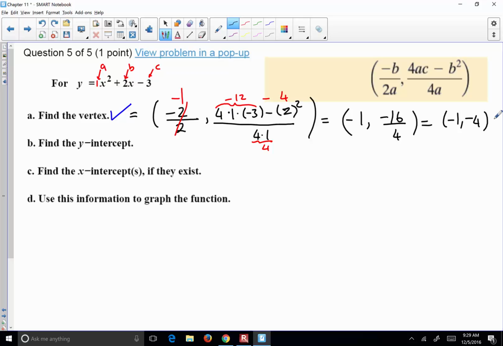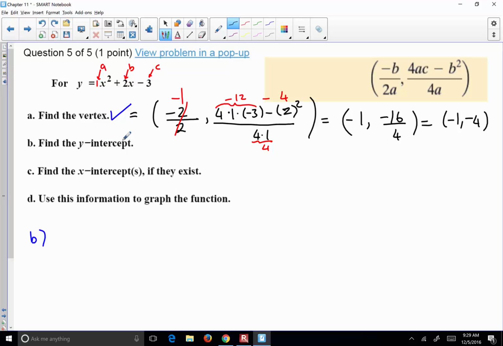Are we good? That was part A then. Part B